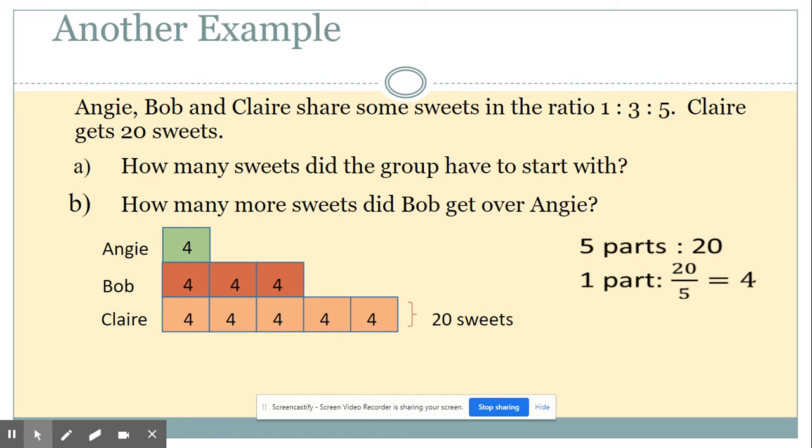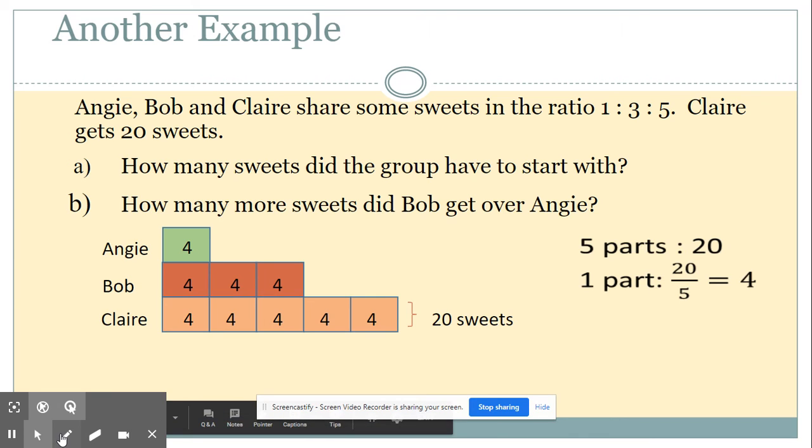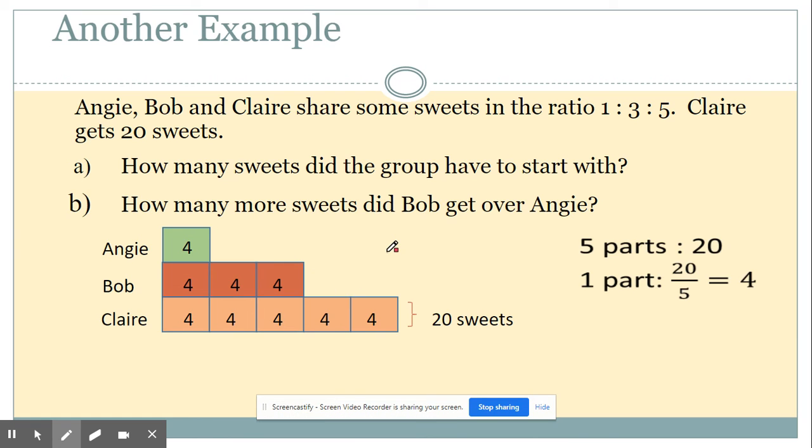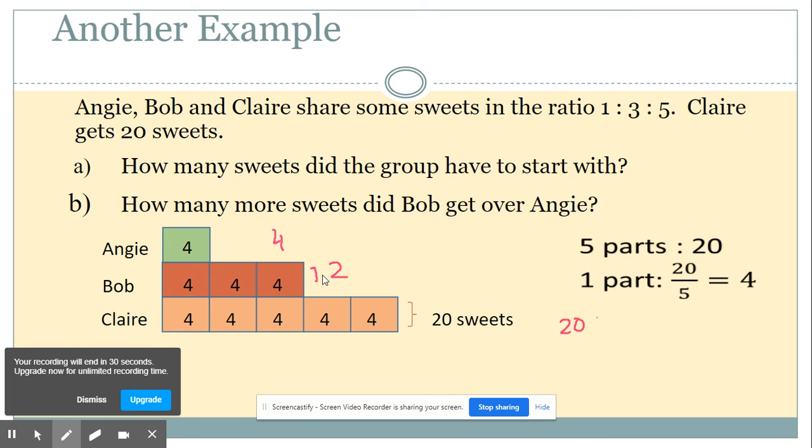How many sweets did the group have to start with? So that means you have to find out the total amount of sweets. So Claire had 20, Bob had 3 lots of 4, which is equal to 12, and Angie has 4. Altogether they had 20 plus 12 plus 4. 20 plus 12 is 32, 32 plus 4